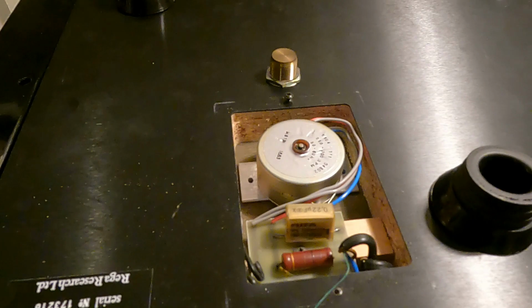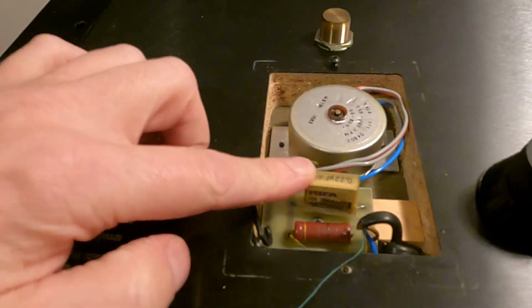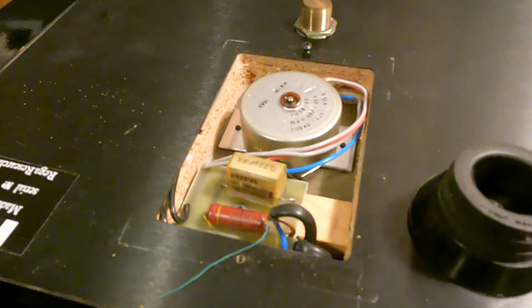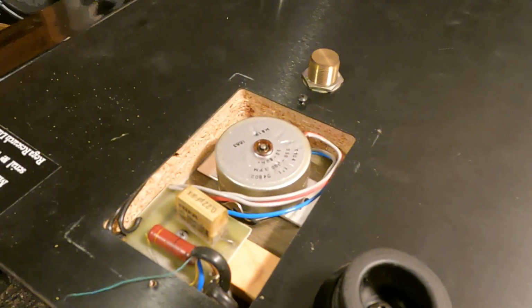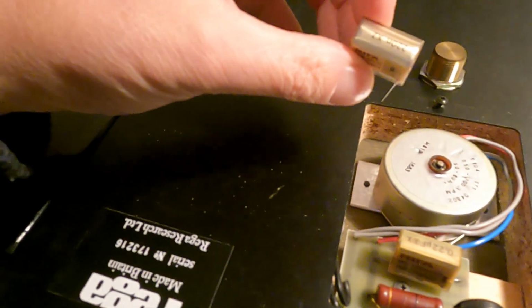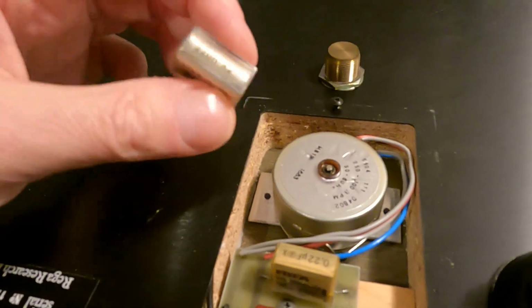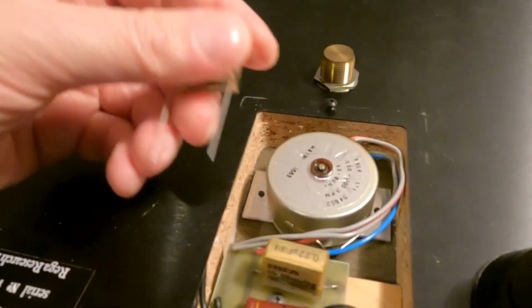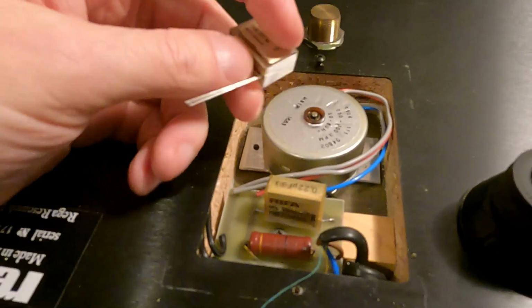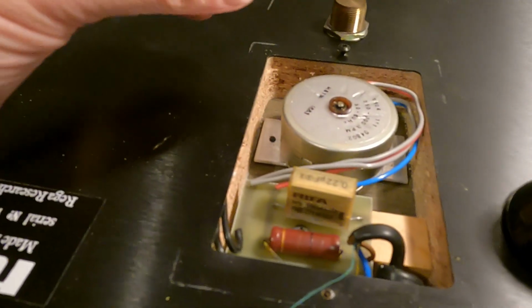But it's a fairly simple fix. You just need to find yourself another one of these capacitors, which I probably have to hand. I could do it without dropping the camera. Yeah, one of them. Now these are available from various places. I tend to get mine from RS. So slightly higher voltage. You don't seem to be able to actually get the same rated voltage as these, but you can obviously get the same